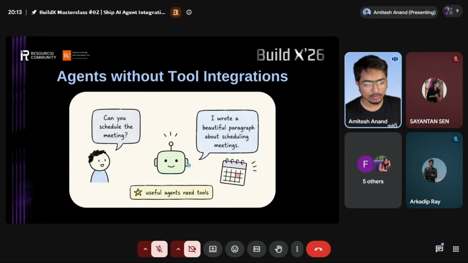If you don't have the tool, your agent can act like a weird chatbot. Let's say you ask it to schedule a meeting or write a mail. It might just write a paragraph or respond that it has written a story. Or if you have a good LLM, like the latest GLM model or ChatGPT model, it may know that it doesn't have access to Gmail or Google Calendar, so it will respond that it doesn't have access. So you have to give it access, otherwise it can't perform the task.